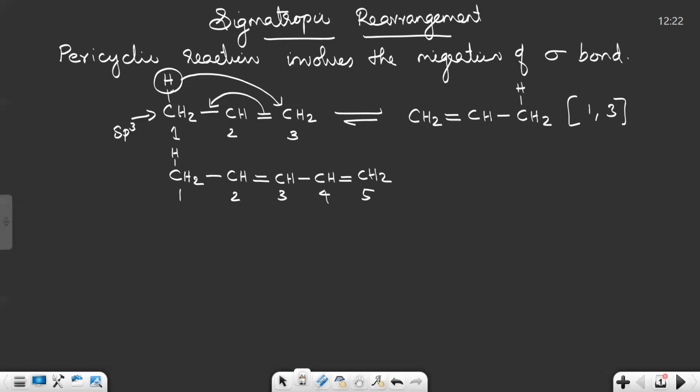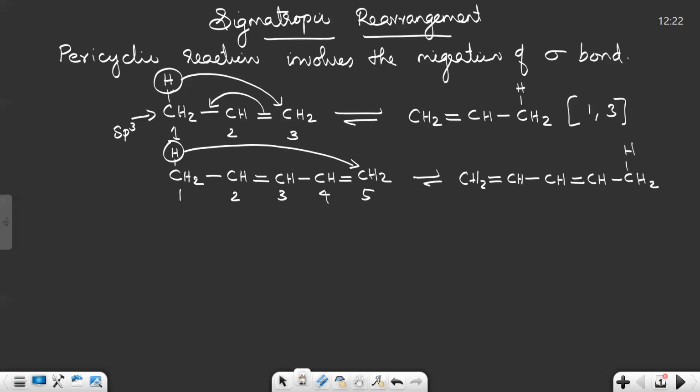Here the last unsaturated carbon is the fifth carbon, so migration of this group from the first saturated carbon takes place to the fifth carbon. So the resulting compound after rearrangement will be CH2 double bond CH, single bond CH, double bond CH,